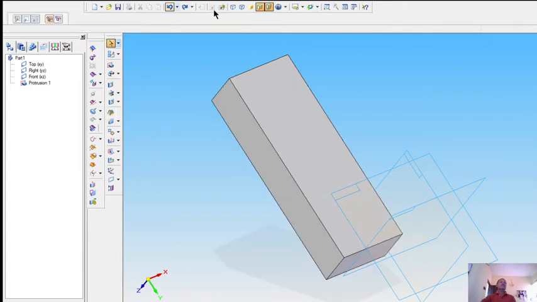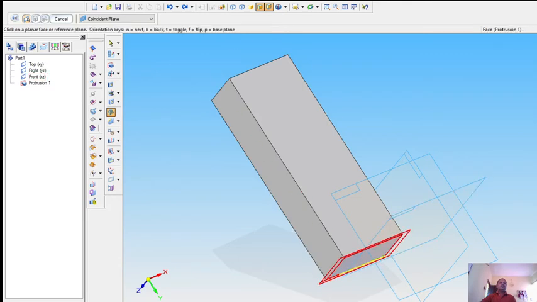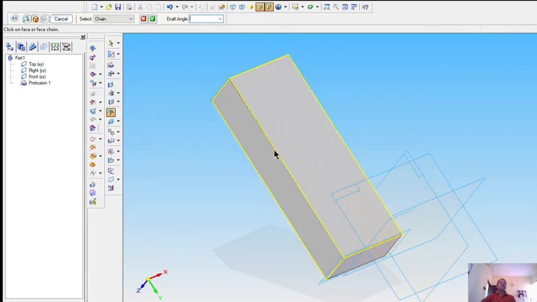I would like to repeat it once again. So first create a 3D model of any kind. Now I have selected one rectangle and protruded it to some distance. Click here on the draft, add draft, click on this face, then click every face of this protruded feature, or the feature on which it is to be drafted.